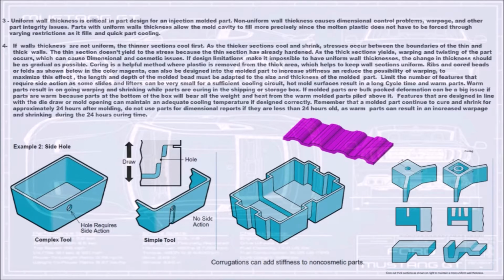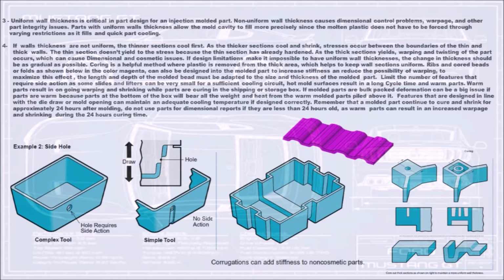As the thicker sections cool and shrink, stresses occur between the boundaries of the thin and thick walls. The thin section doesn't yield to the stress because it has already hardened. As the thick section yields, warping and twisting of the part occurs, which can cause dimensional and cosmetic issues. If design limitations make it impossible to have uniform wall thicknesses, the change in thickness should be as gradual as